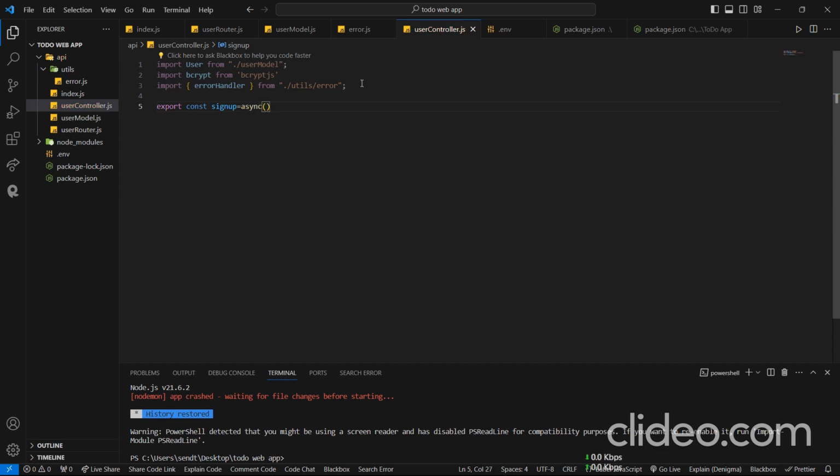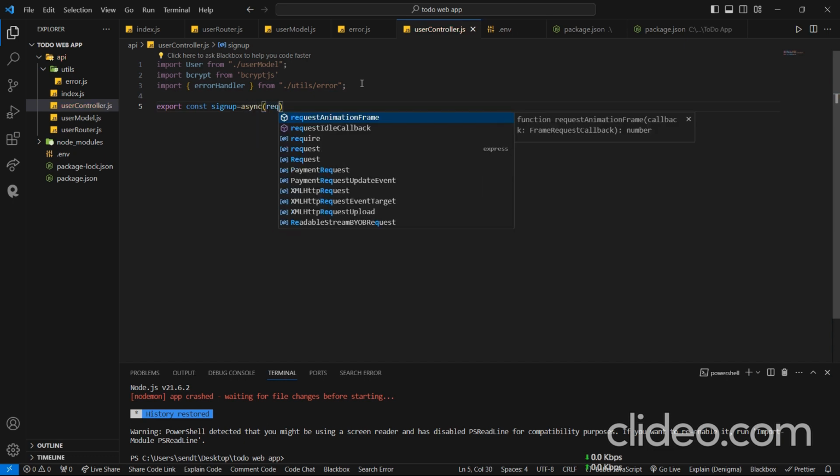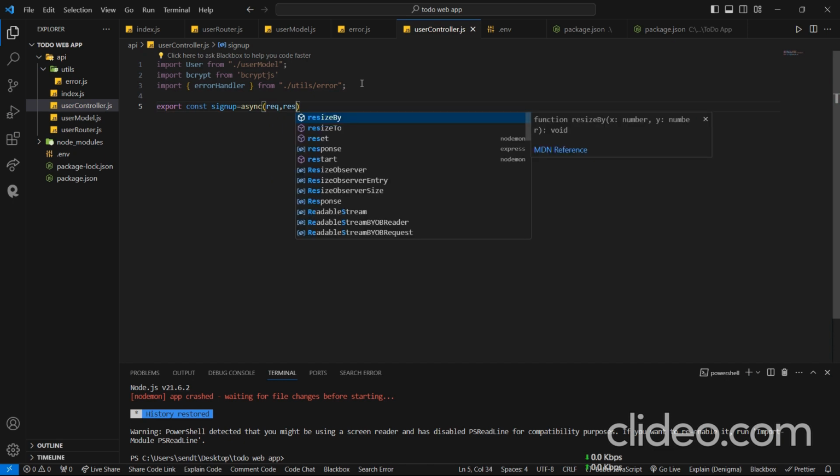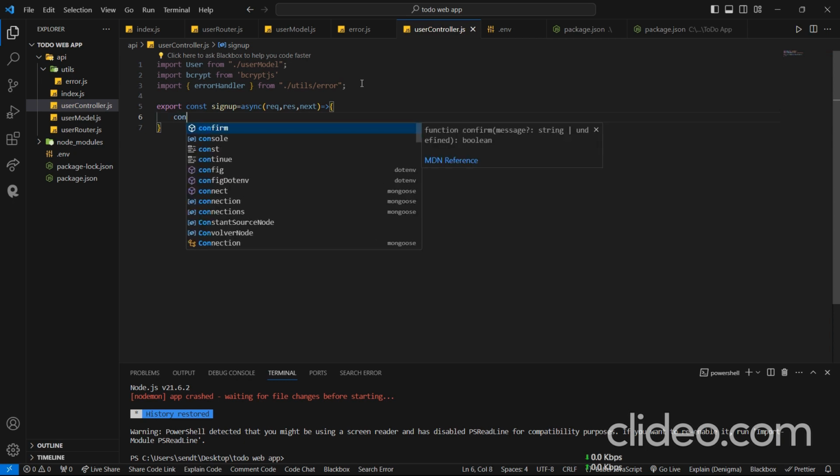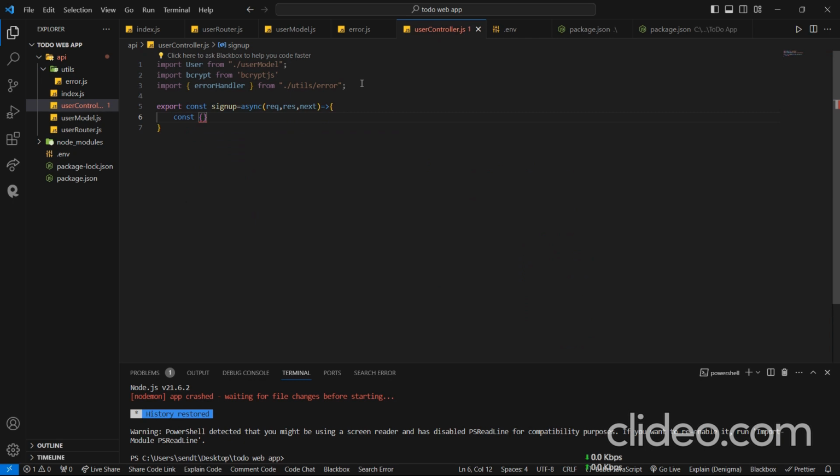So whenever we create a sign up, we will pass username, email, and password from our body. So let's extract it. Const username, email, and password from req dot body. Okay,